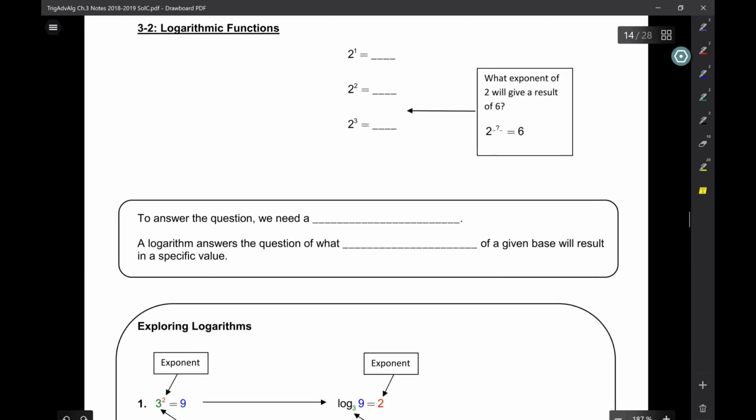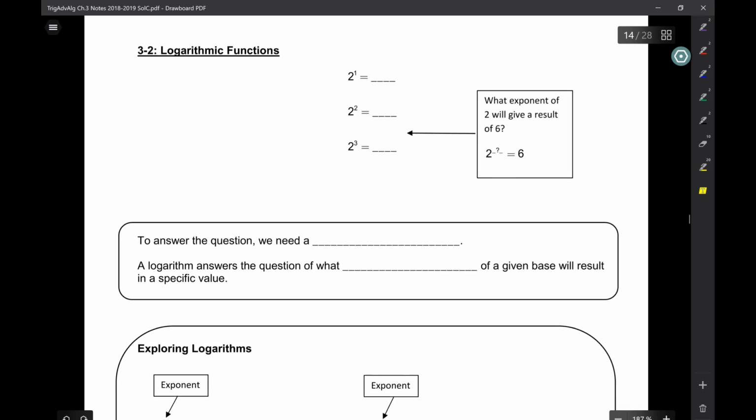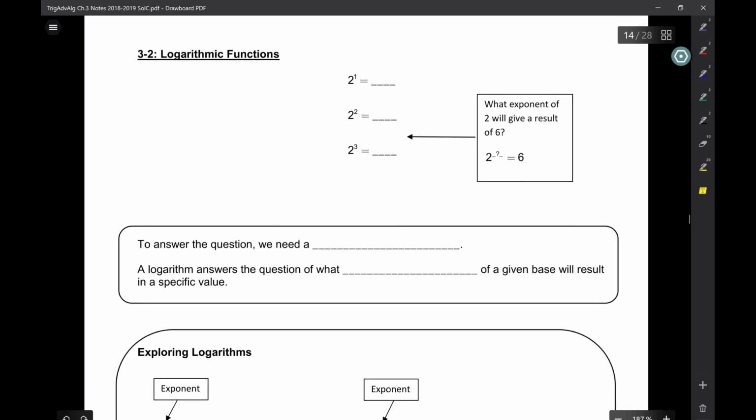we're going to go here. All right, and we're going to do a little bit of an exercise before we get started with anything else. Okay, so here I have 2 to the 1, right? And how much is that? 2. Okay, now I'm going to